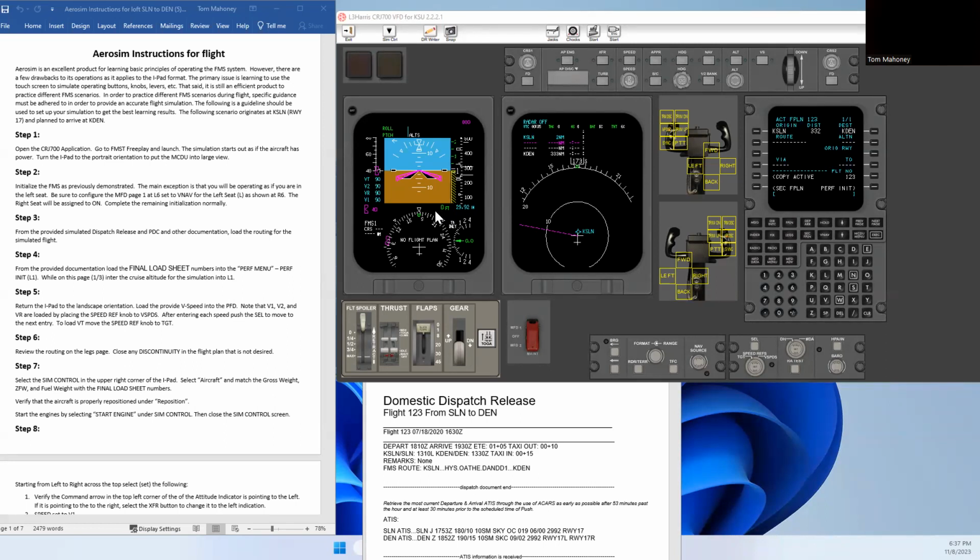Again, I probably won't be real detailed about how I do it. I'm just going to plug it in so you can see how quickly it can be done. I've kind of got some of this stuff memorized, so I can go a little faster than most of you. But let's take a look at the Aerosim instructions. Let's say that we're going to start out